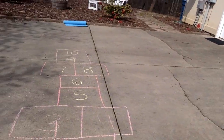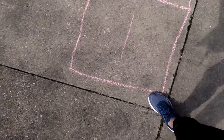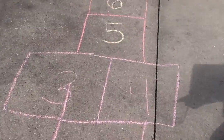So we're going to learn hopscotch, and I'm going to basically do it geared toward the older kids, but little kids can play this too. I want to show you my hopscotch board. I drew my hopscotch board with chalk. I hope you can see that. And it's got squares from 1 to 10. I'm going to use a little piece of mulch. You can use anything you got to play hopscotch. My little piece of mulch is just that, a piece of brown mulch, just like we have on our playground